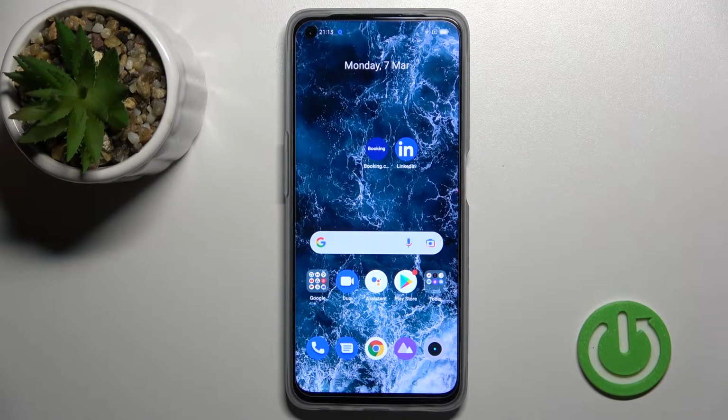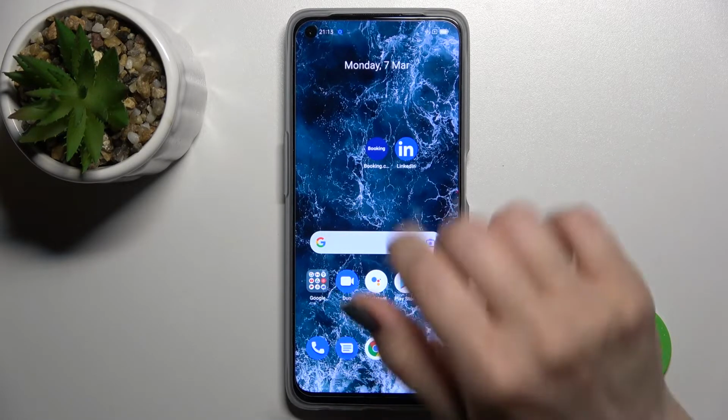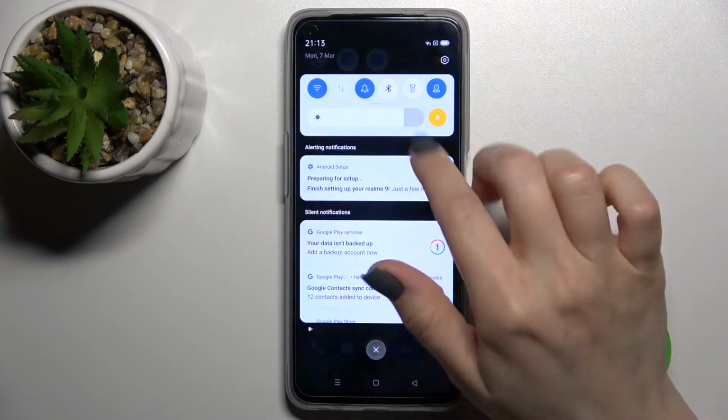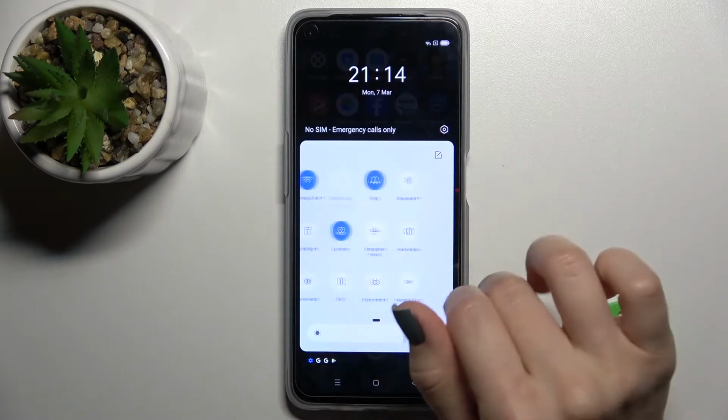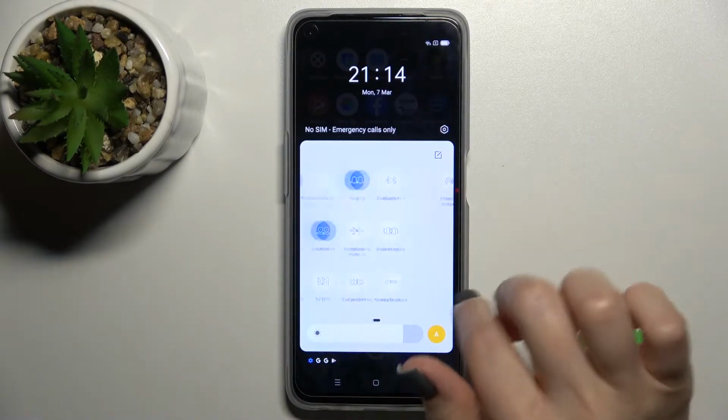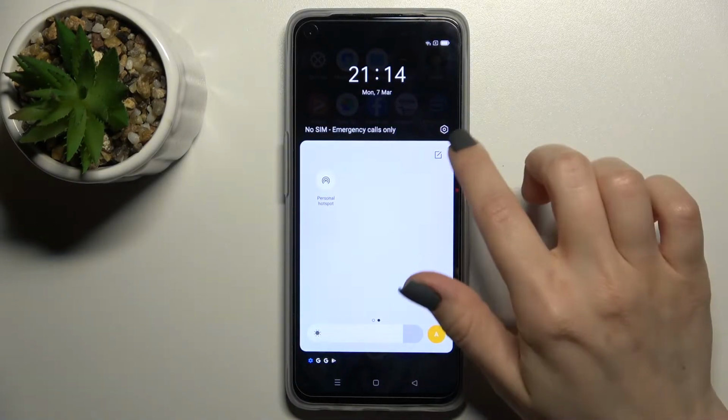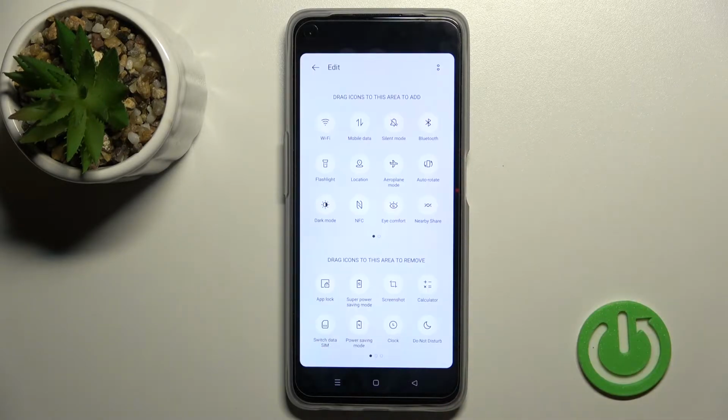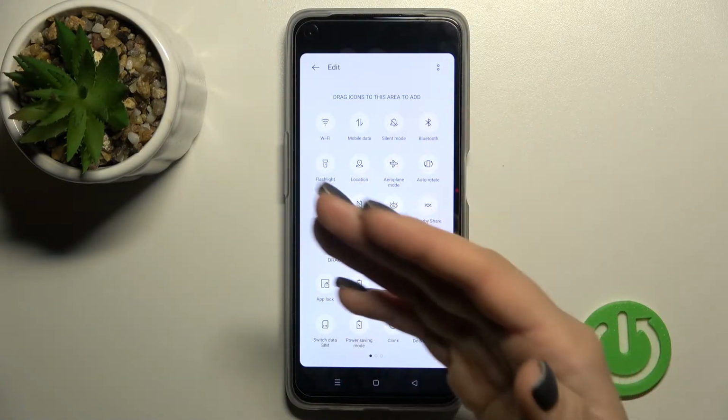Welcome to the info of my Realme 9i, and I'll show you how to edit notification panel shortcuts on this device. So first you should go into the notification panel, and right there you'll see all the visible icons on the notification panel. Here just click on the edit icon just to add or to remove or to change the